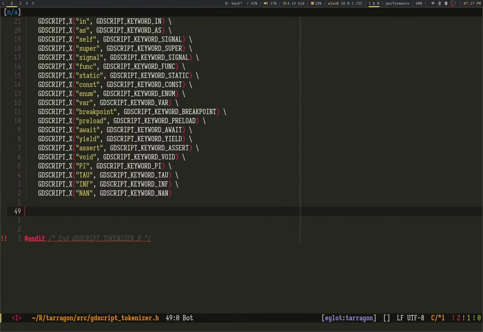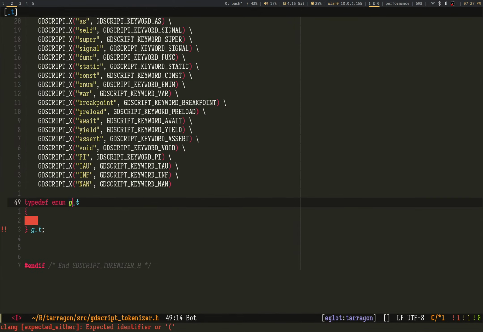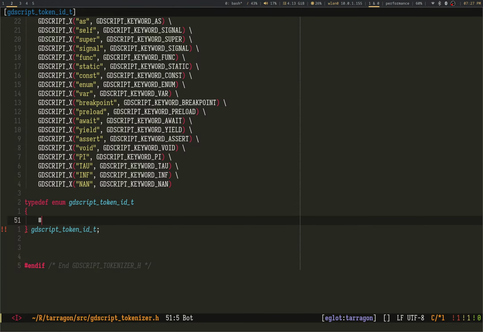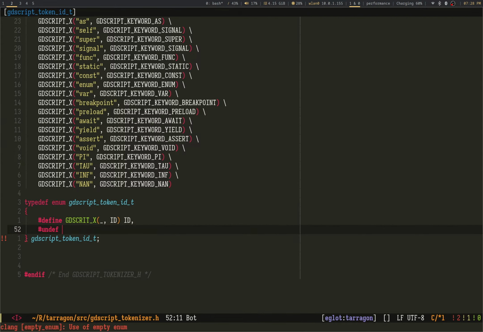Yeah, we'll typedef it. This is my favorite. I'm not a fan of this name, but whatever. Don't use that. And this is the actual ID, and we just do ID comma. That's it. I'll undef it here.